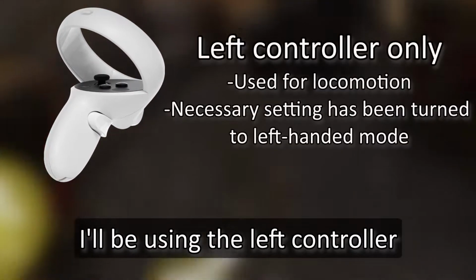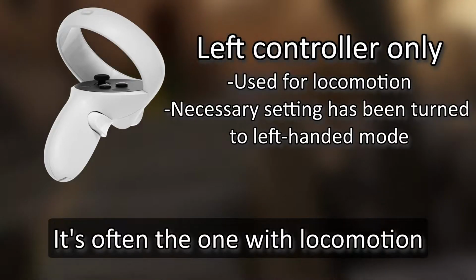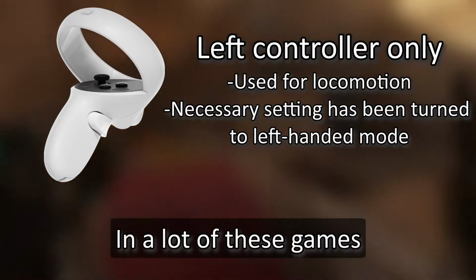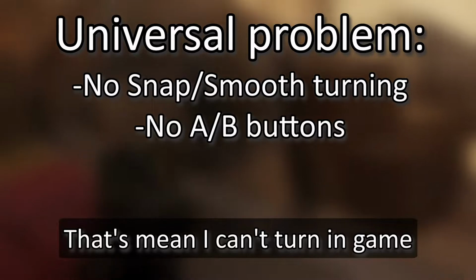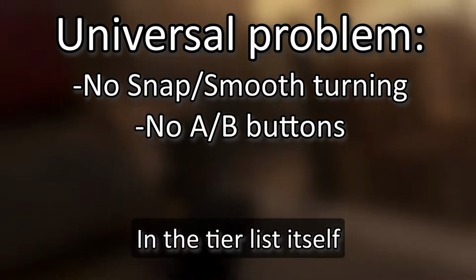I will be using the left controller even though I'm right-handed because it's often the one with locomotion and you need to walk in a lot of these games. That means that I can't turn in game most of the time, but I'm not gonna mention it in the tier list itself, but you should know that. That being said, let's get started with